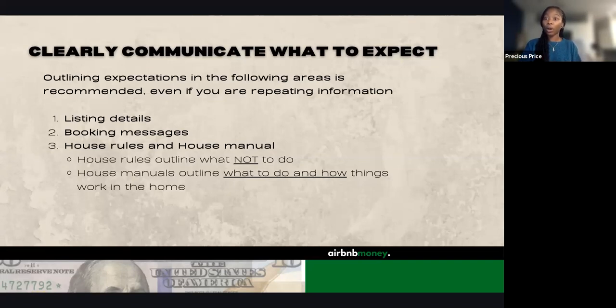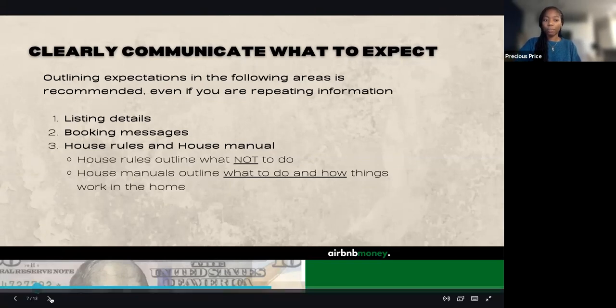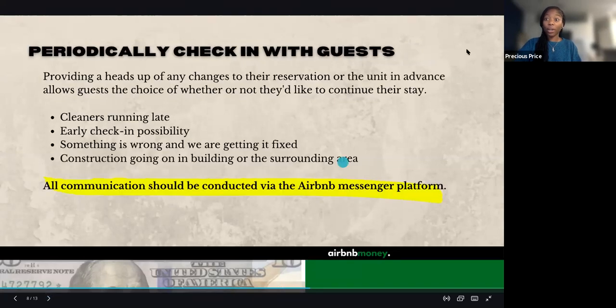And if you're also a person who prints out the house rules and has a guest manual in your unit, that's 4 times that they've now seen. There is no excuse for anything going wrong, anything being placed within a negative review, unless it's just something that's out of your control. So when we're looking at then periodically checking in with guests,